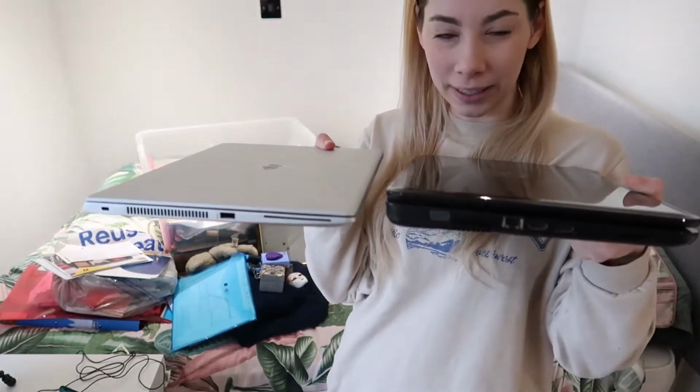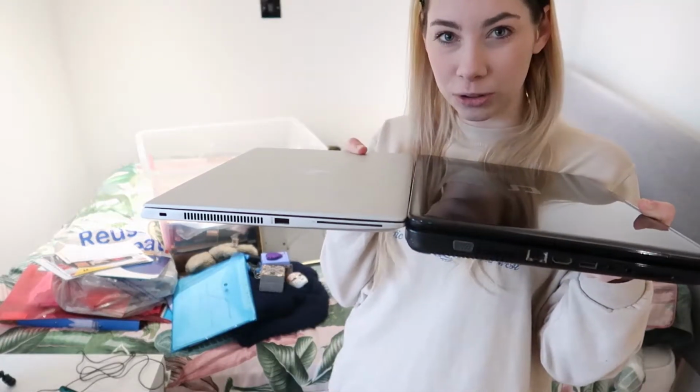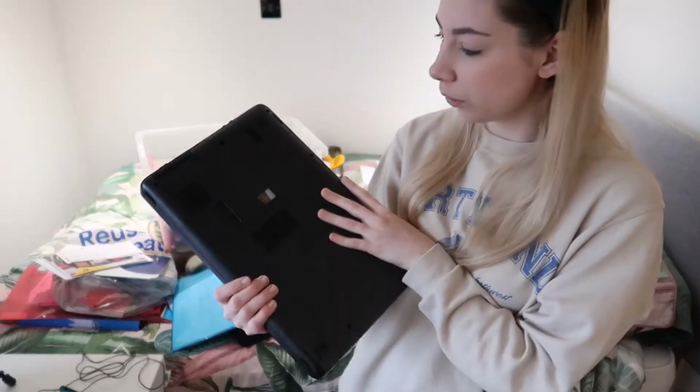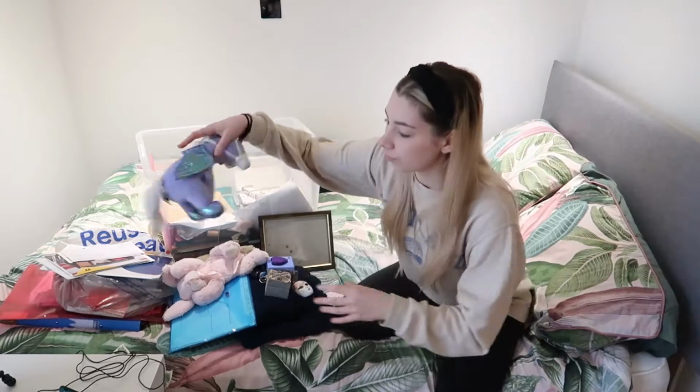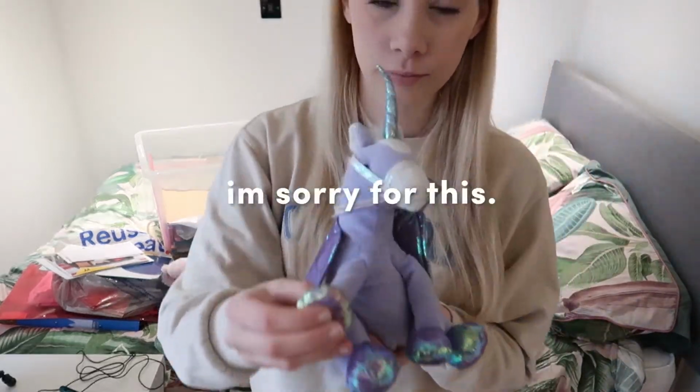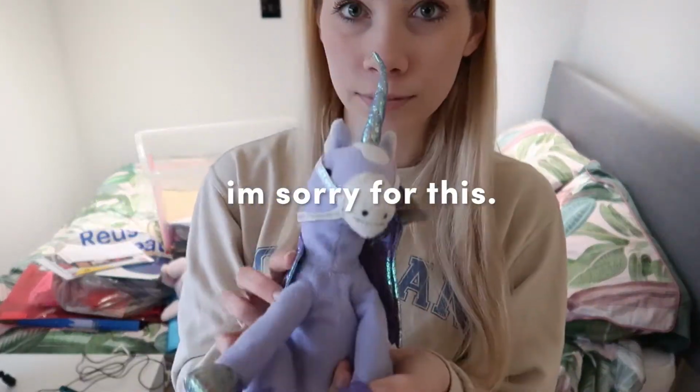Alright, old laptop. And then here's a new one. It's kind of crazy how much smaller they actually are. Don't know what to do with it. I'm going to have to break it down, smash the hard drive on it, and make sure that I can get rid of it correctly. Wait, where's the little...